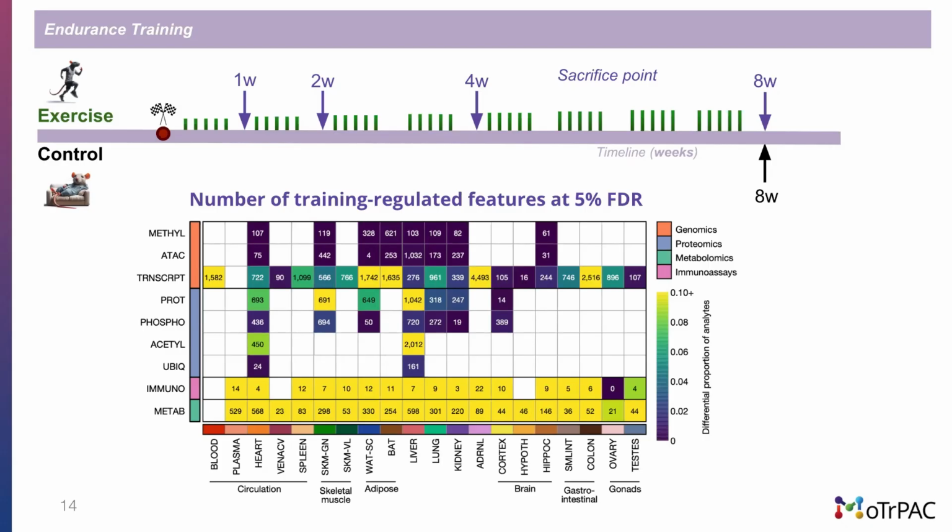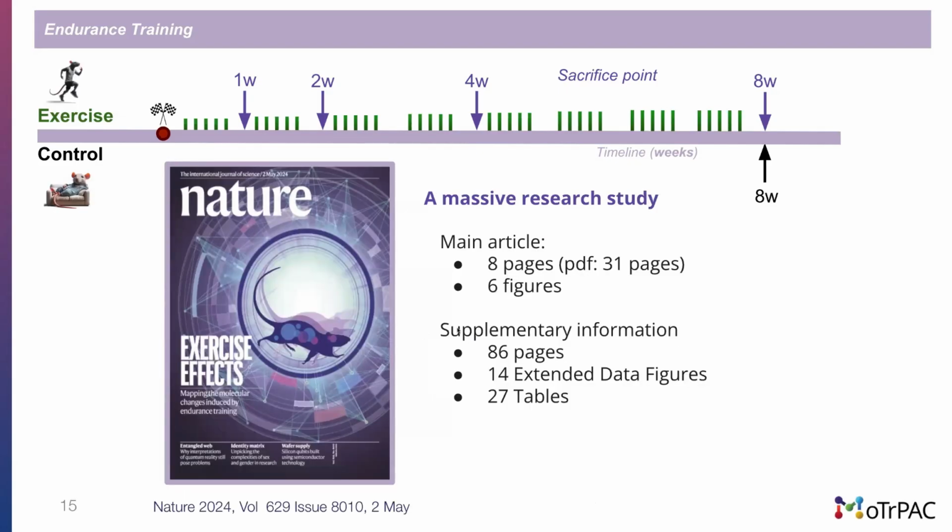Remember, each of these boxes is focused on the 8 weeks, but of the entire training-regulated features. But we have 4 time points for, let's say, each of the cells that are shown here. All right, so